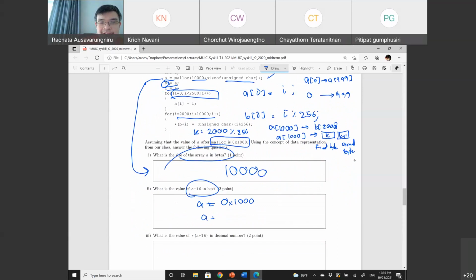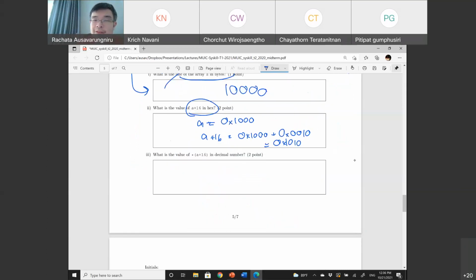So A plus 16 is what? 0x1000 plus, what's 16 in hexadecimal? Yep. So this is basically 0x1010. What's the value of A plus 16 in decimal?